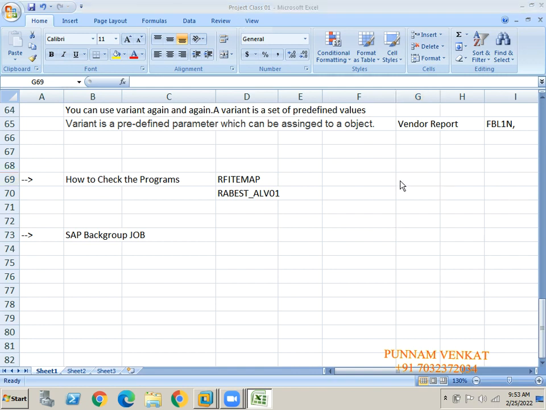Example, guys. My manager is called Jamuna. Let's take my manager. She is my manager. My manager sends one instruction to me. I am Punnam Venkat. What instruction does she send? Mr. Punnam Venkat,